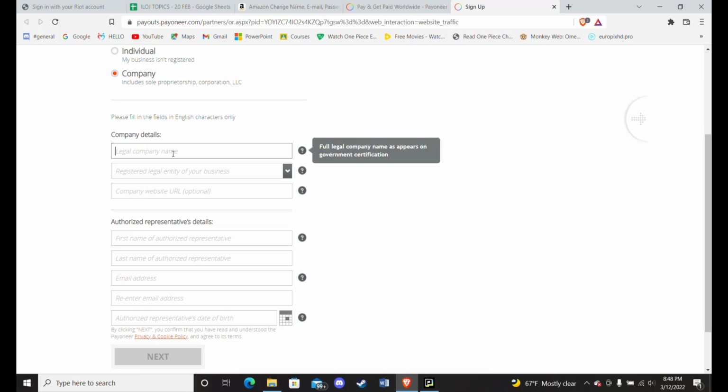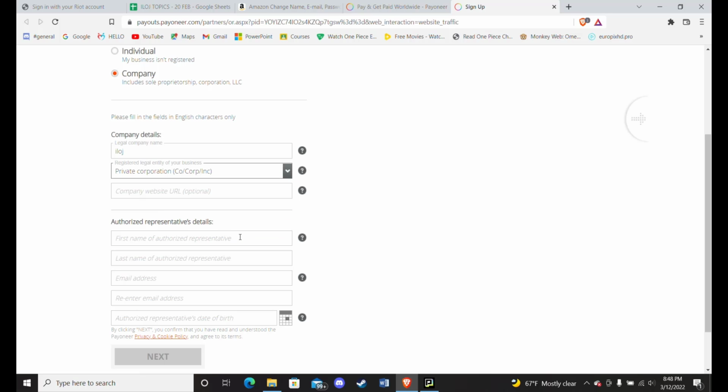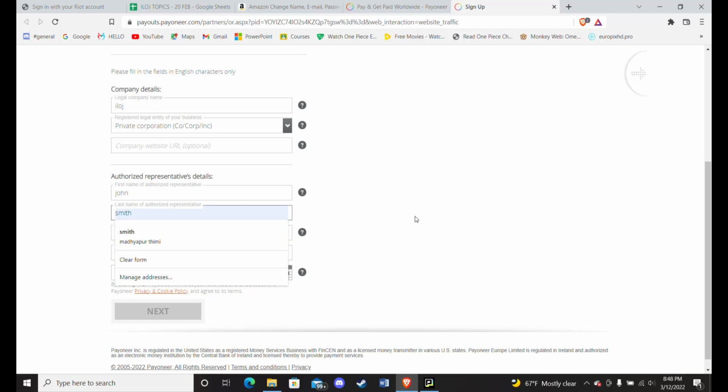So let's say my legal company name is Iloj, and then fill in the registered legal entity of your business. So let's say it is a private corporation. And if you have a company website, then you can go ahead and paste the URL here. Now you'll have to fill in the first name of the authorized representative here. So let's say it's John, and let's say the last name is Smith,